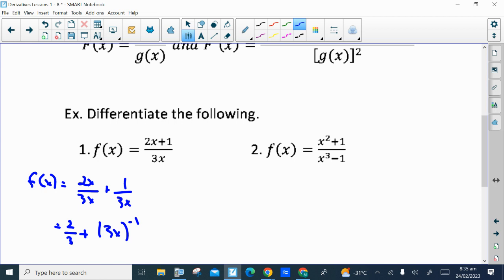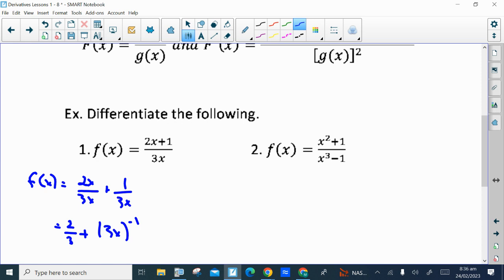Because remember, in order to differentiate, you have to have terms expressed as a power, and then you use the power rule. But here's the problem. Because it's just not x to the negative 1, it's 3x all to the negative 1, we would have to differentiate that term using the next rule we're going to learn, which is called the chain rule, and that's the rule that you use when you have an expression other than just x raised to a power. This is 3x all raised to the power negative 1, not just x. So to differentiate from there, you'd have to know about the chain rule, which is the next thing we learn about. So therefore, in most cases, you're not going to be able to simplify